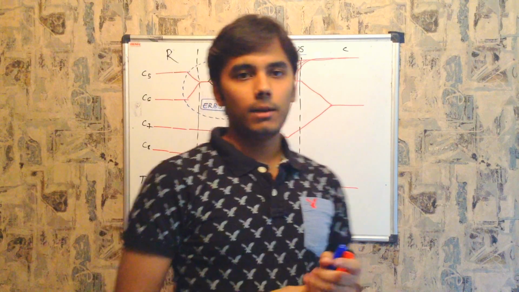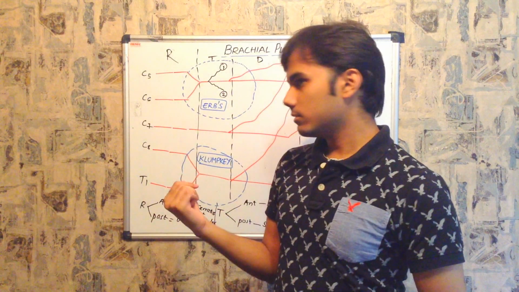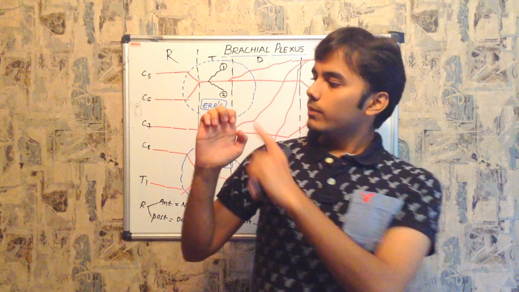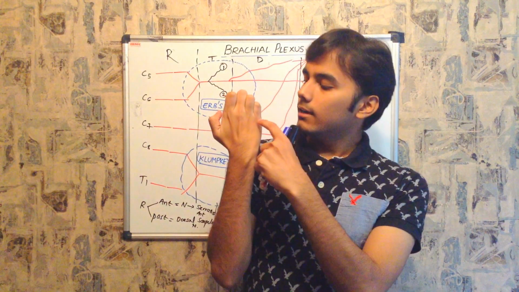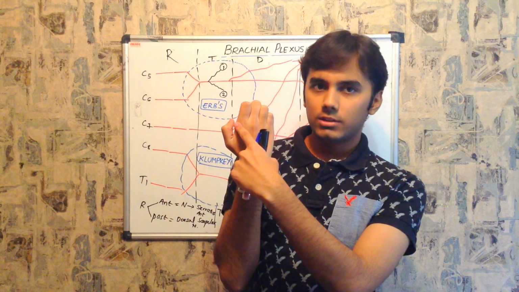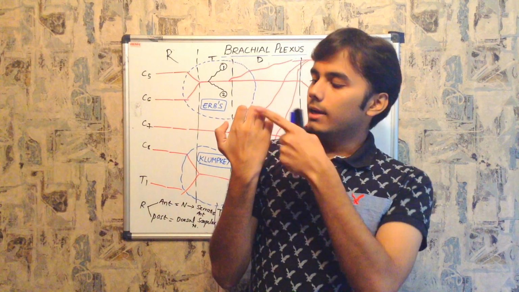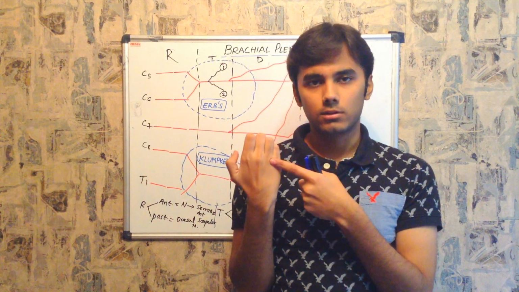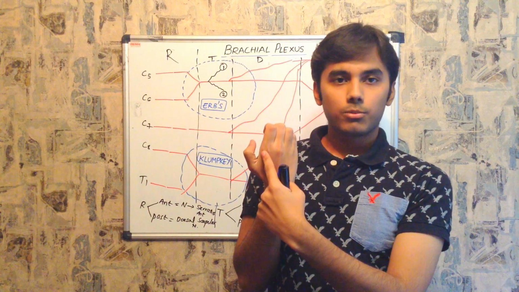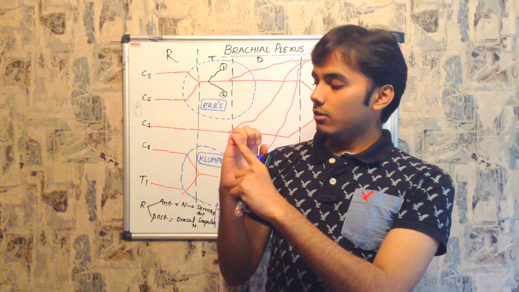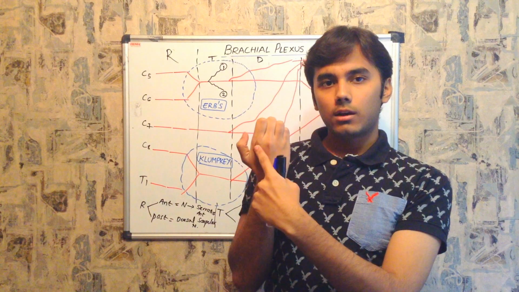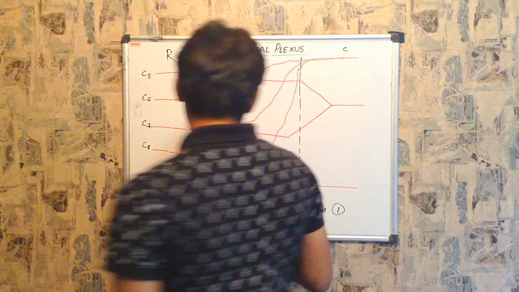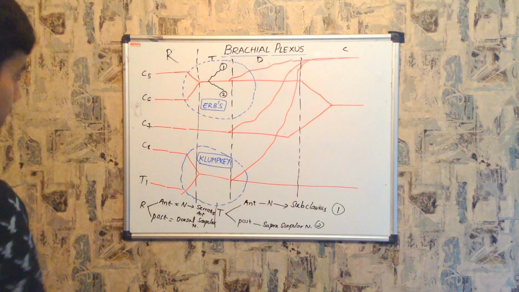So how can we diagnose Klumpke's paralysis? The patient with Klumpke's paralysis comes to the physician in this manner, claw hand, right? So the digits are flexed, and this joint is called the metacarpophalangeal joint. These are the metacarpals and these are the phalanges. So the joint between them is called the MCP joint, or metacarpophalangeal joint. So there is hyperextension of the metacarpophalangeal joints and flexion of the digits. So finally it results in the formation of a claw hand. So that is the diagnostic feature of Klumpke's paralysis.